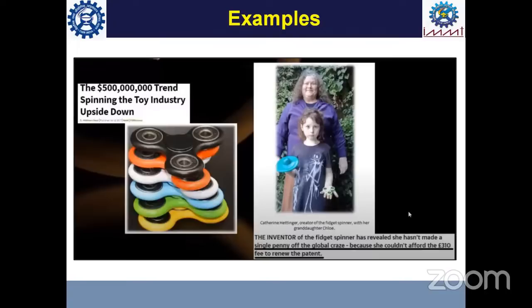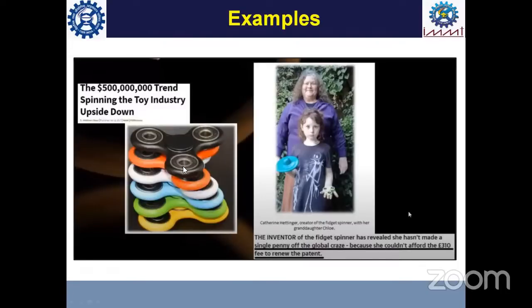People like us who had some awareness of IP suggested she take a patent. Good that she took the patent, but the unfortunate part is she did not have enough money to pay for its annual maintenance. She did not have even 300 euros to pay towards annual maintenance, because of which the patent got abandoned.